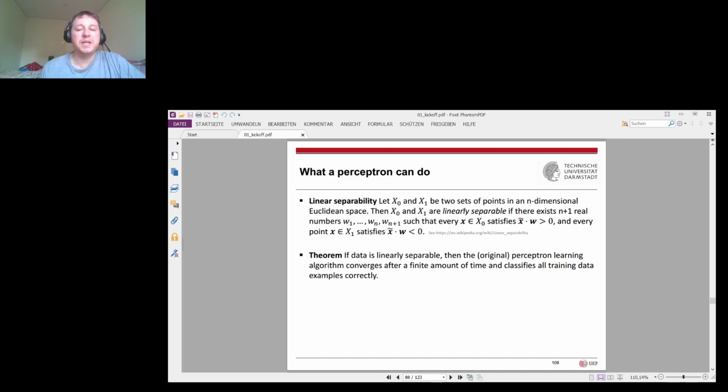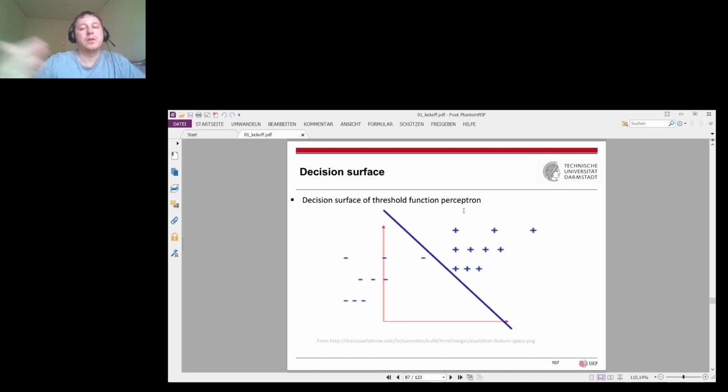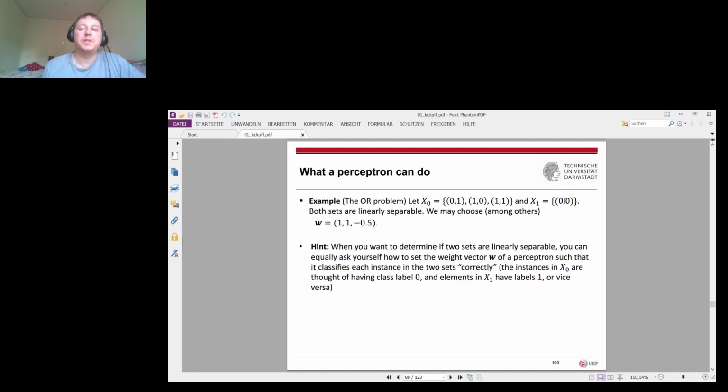So this means that they are on the same side of the hyperplane. And this value here has 0 times 1 is 0, 0 times 1 is 0, and 1 times minus 0.5 is negative 0.5. So this point is on the other side of the hyperplane. So indeed, the OR problem is linearly separable. Okay, and we know now from our theorem, due to Frank Rosenblatt, that the perceptron learning algorithm can solve the OR